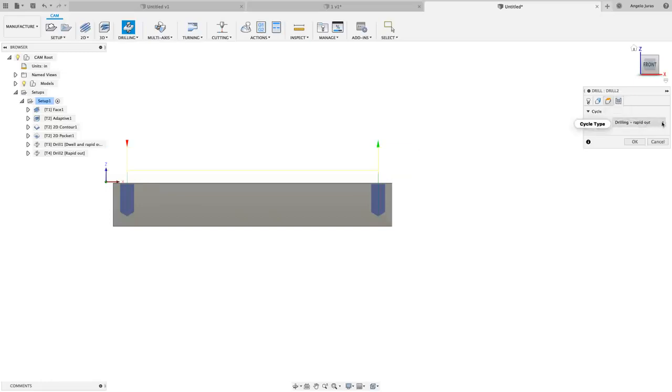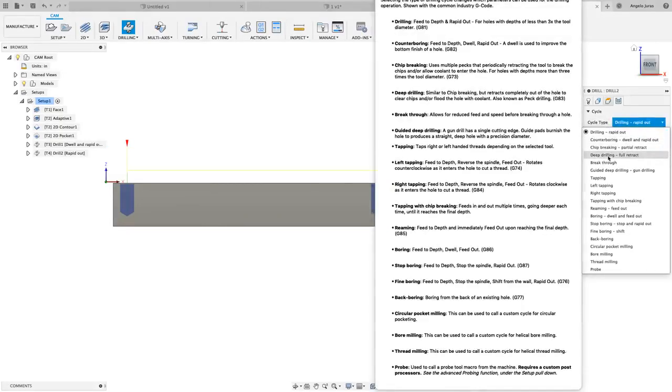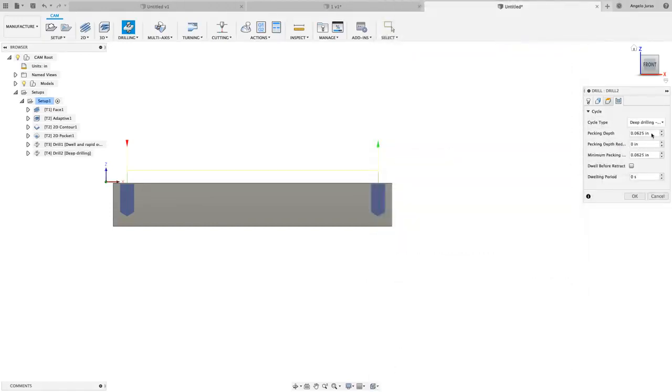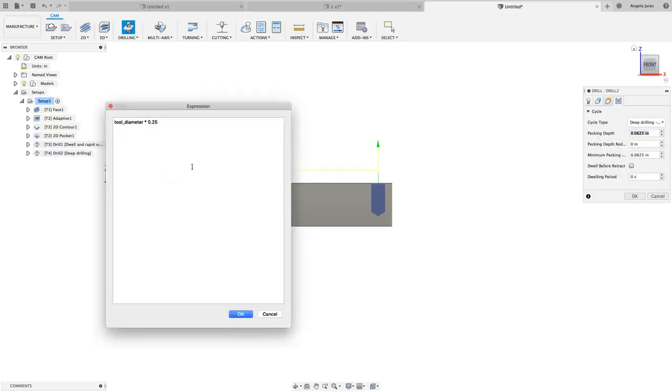And in the cycle, we're going to do deep hole drilling with the full retract. Pecking depth. So this is if you're doing a G83. And the Q value is the pecking amount. This right now is 0.0625. A few things you can do, the cool thing about Fusion, excuse me, is you can right click and create an expression or a formula. So right now it's set to whatever the tool diameter is,